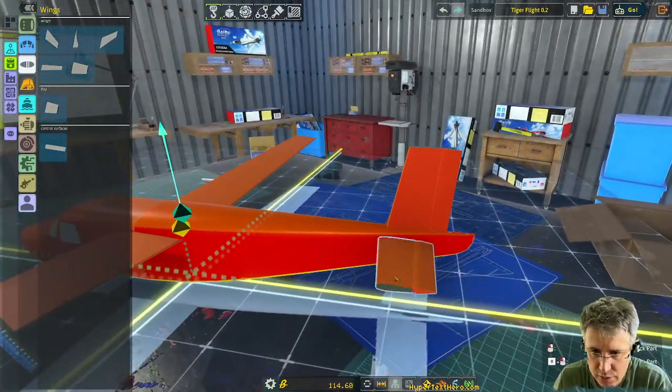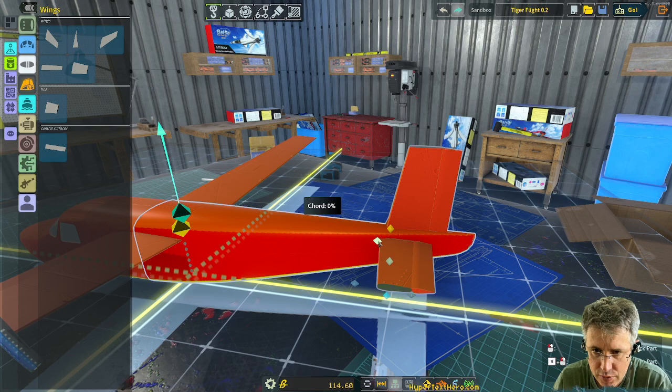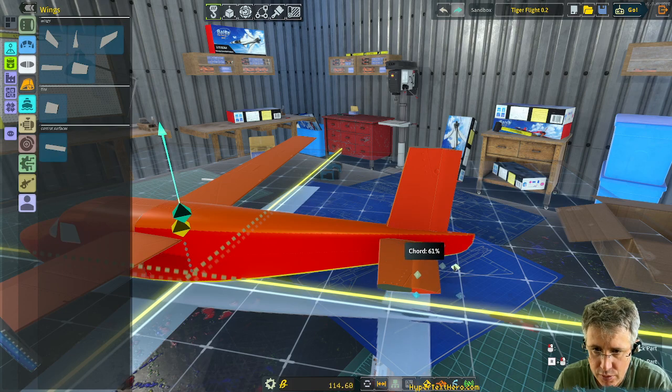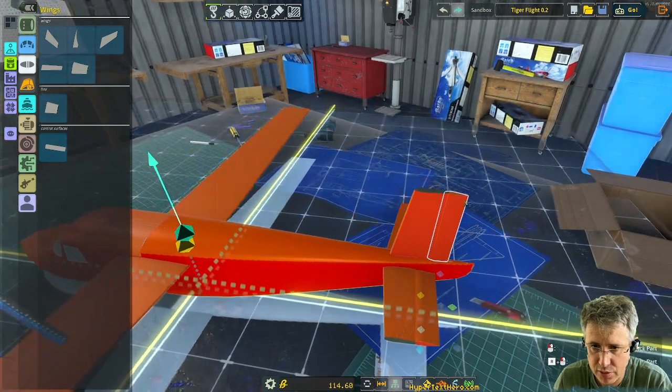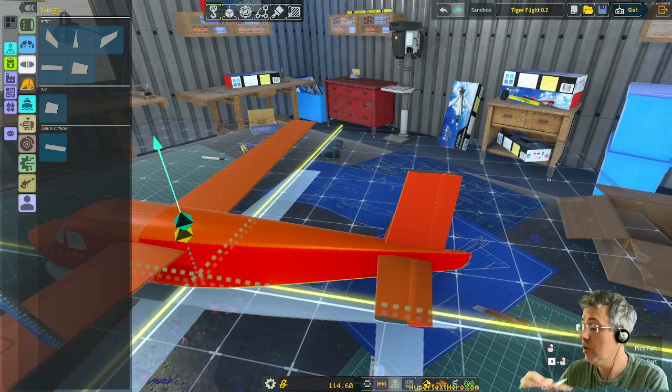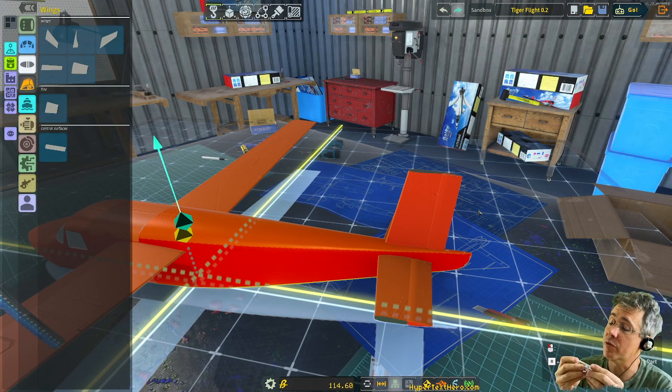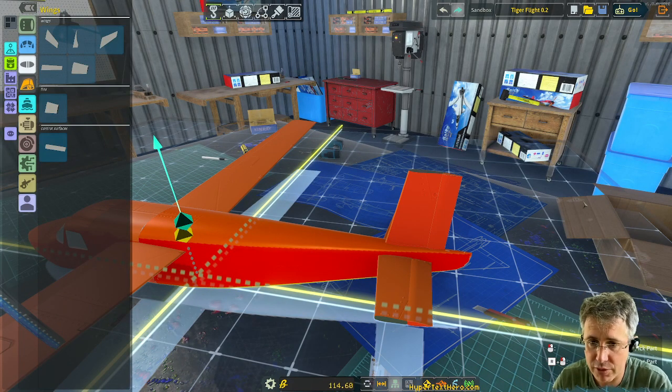So let's reduce the chord of this and increase the chord of this, so it's about a third. Just inspired by the Cessna. And same thing with the vertical stabilizer, the Cessna 172. And there are ways for you to make